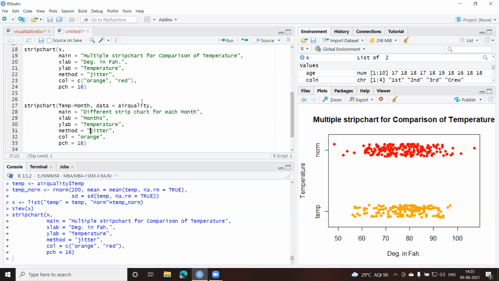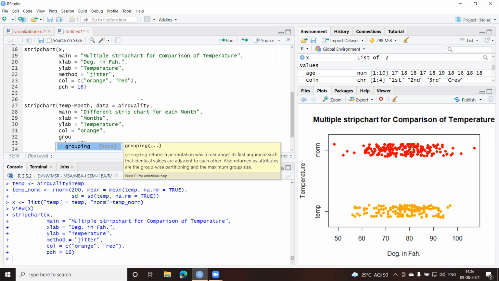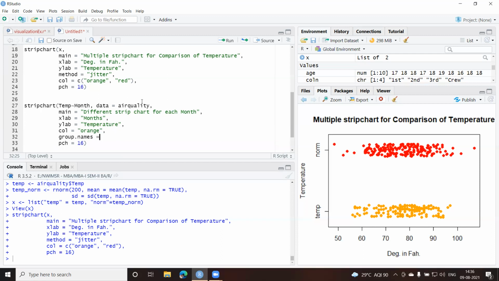Find the option here. I'm not going to give jitter because now I'll use the default one. I'll just give the color. Let us keep orange only. If you want, you can try something else. Now there's one more parameter which I have to pass here, and that parameter is the group names which I want, like the months which we have. So I have to give group.names equal to, and here I'll use the function c